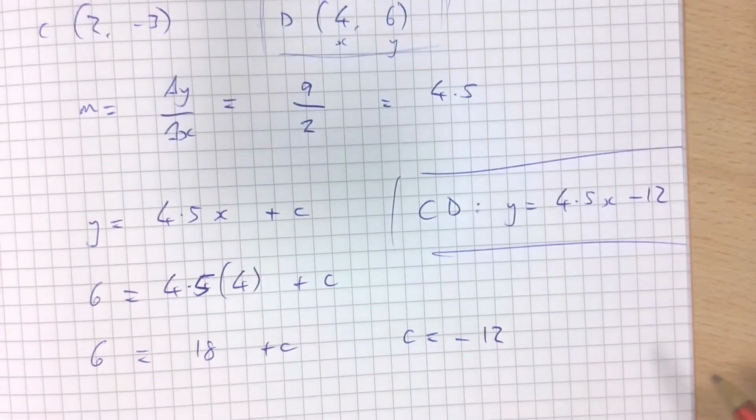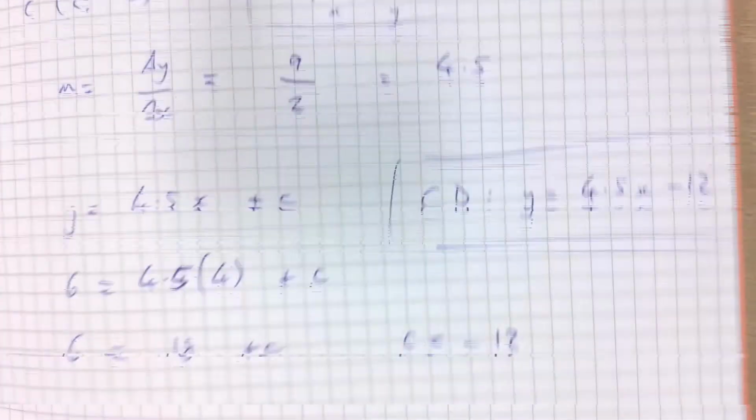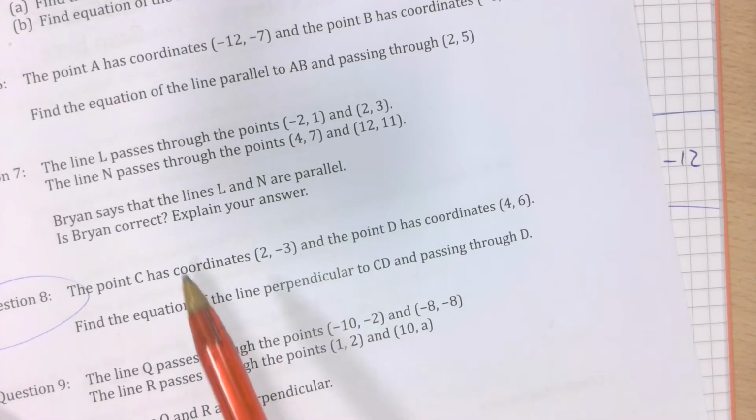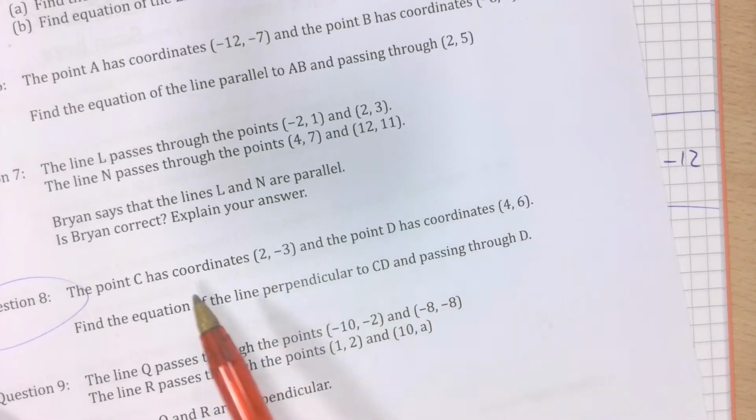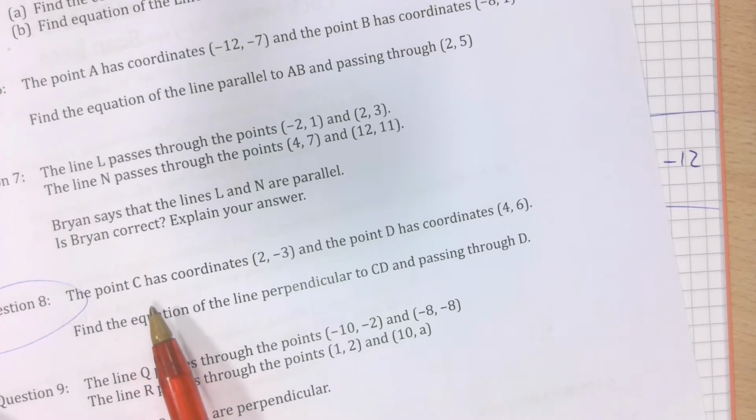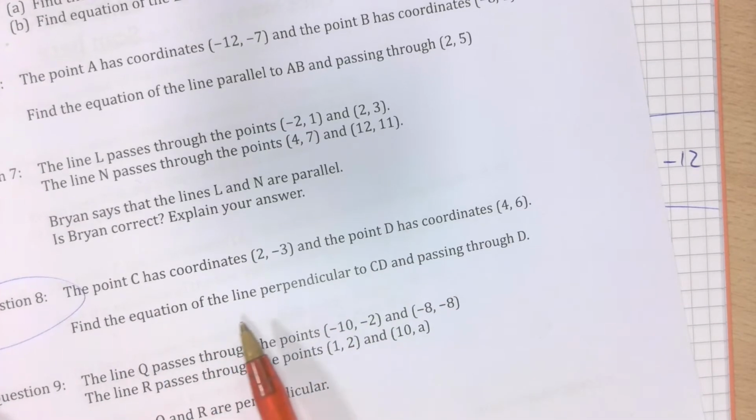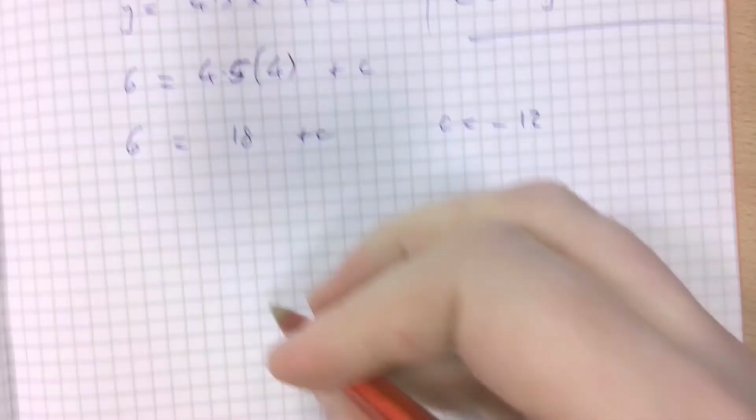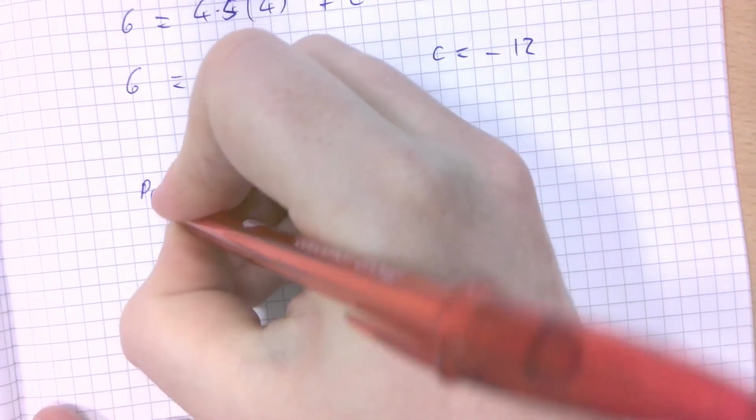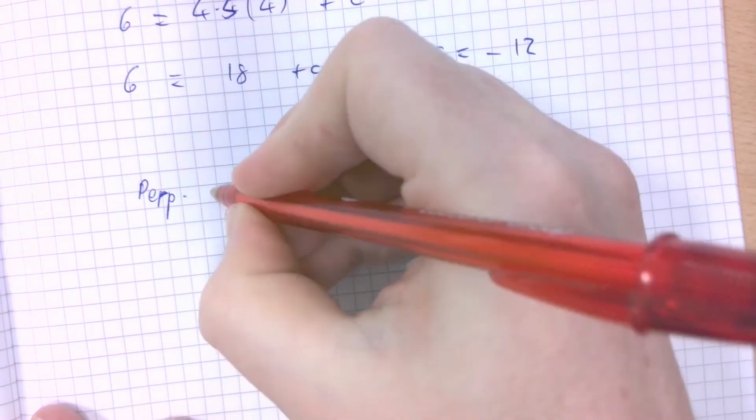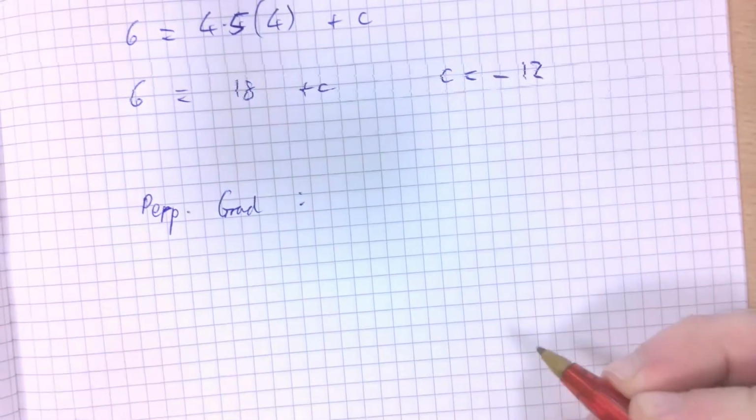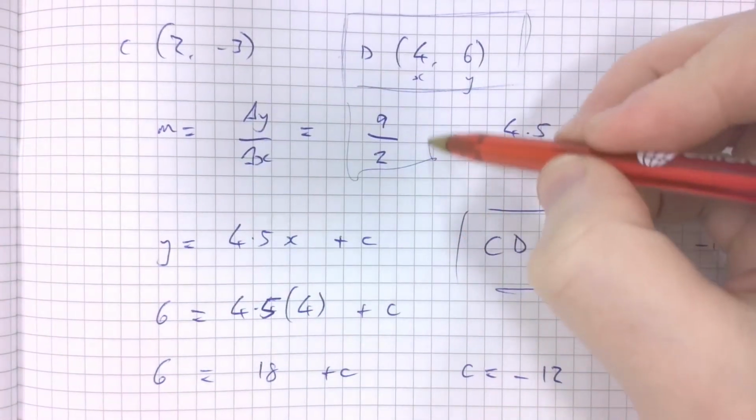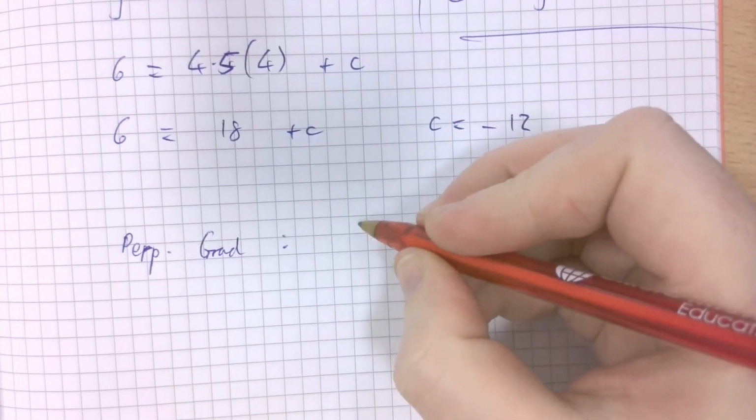Okay? So far, so good. We found the equation of the line CD, but we don't want the equation for the line CD. We want the equation for the line perpendicular to it. So that means we need to find the perpendicular gradient, or as I write, perp grad. If we take the gradient as we found it above, 9/2,